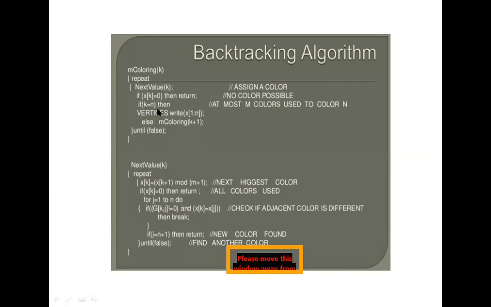Okay, so if x equal to n, so we have three colors. First k equal to 1 means you have to choose one color, k equal to 2 you have to choose the second color, and k equal to 3 you have to choose the third color. Then number of edges is 3. So 3 equal to 3 means you just colored all the colors to the given graph. Then just print the statement here. That is this line. Okay, clear? This line indicates if m colors are used to color n, so just print the graph.